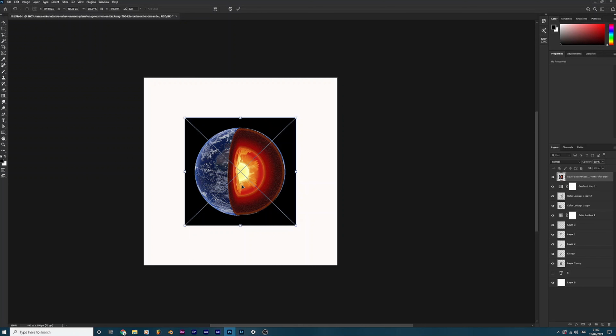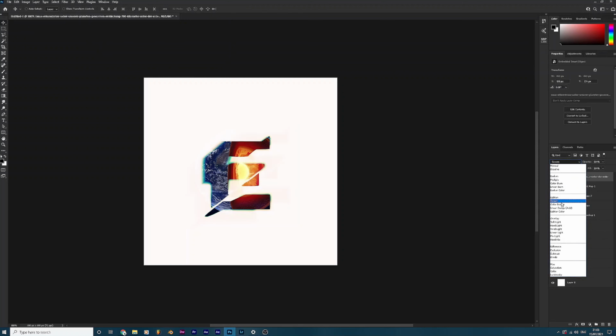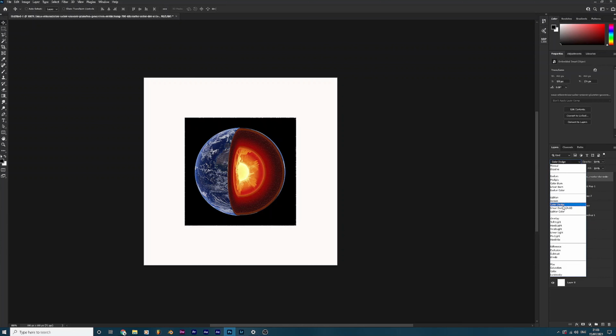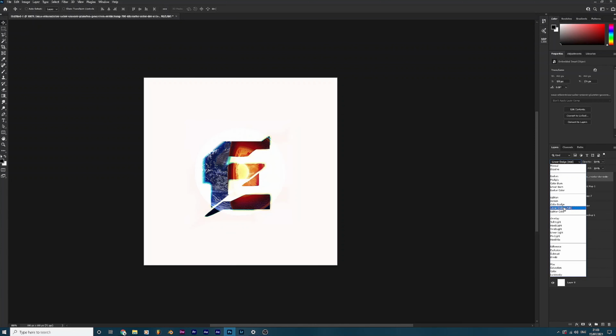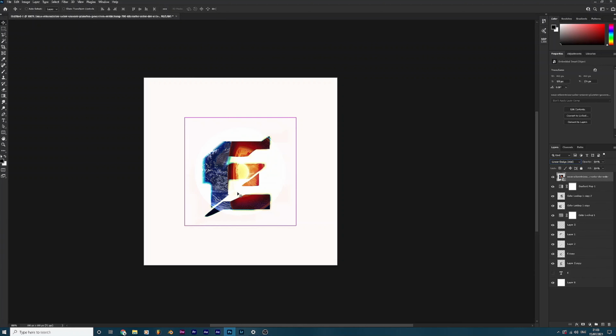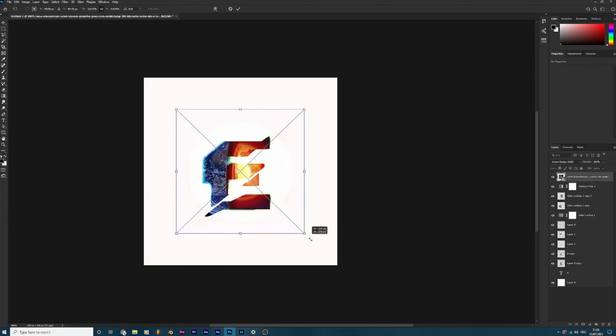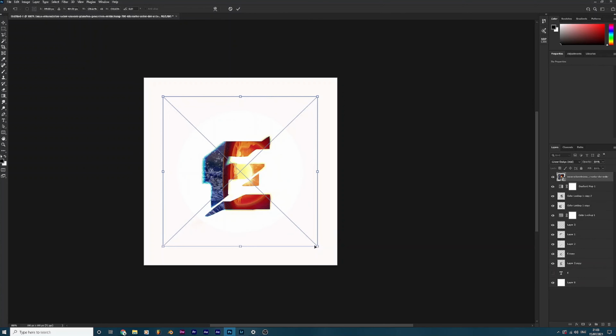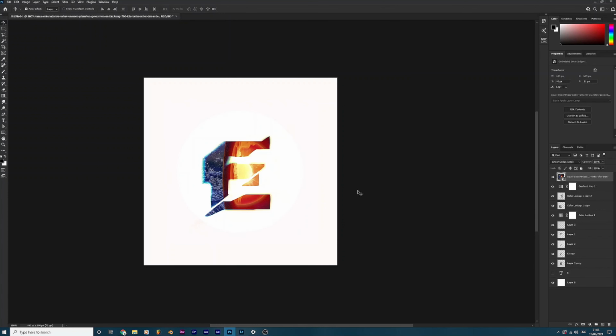Once that's loaded up, you then want to press enter, and if you just change that to screen, that will then overlay your logo. You can also, if you prefer, make it linear dodge. It just looks a bit brighter, really. If you notice certain edges, you can resize it. And if you can still see some of the outlines, what you can then do,